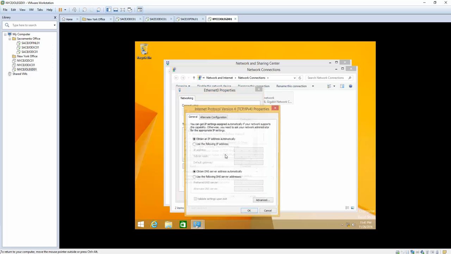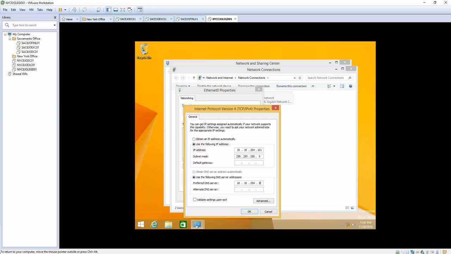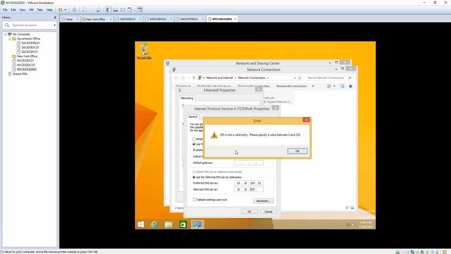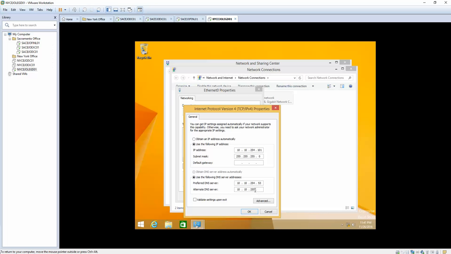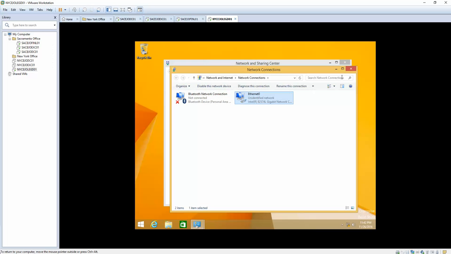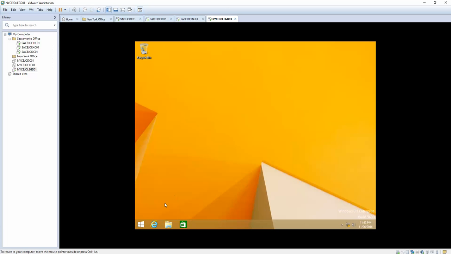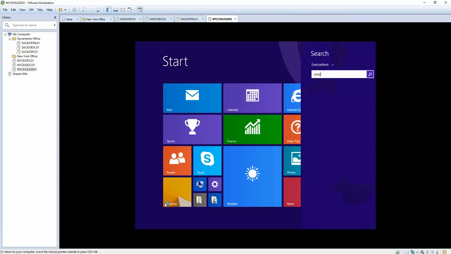Once you come here, TCP IP version 4, and we will assign it an IP address of 10.10.254.x with subnet mask 255.255.255.0, 10.10.254.53 as a primary DNS, and then the alternative will be 54. So I'll press OK, and then the test is CMD